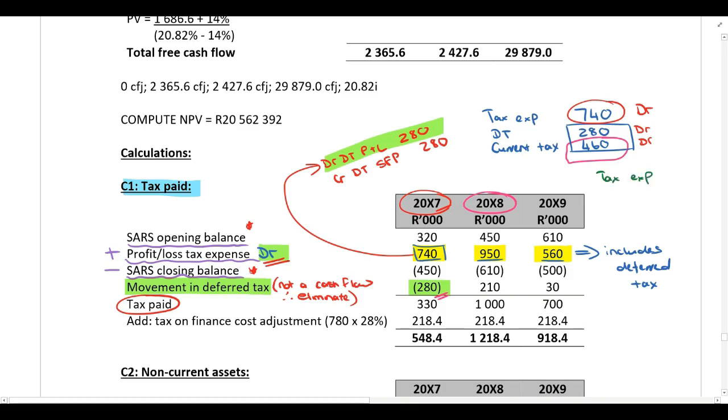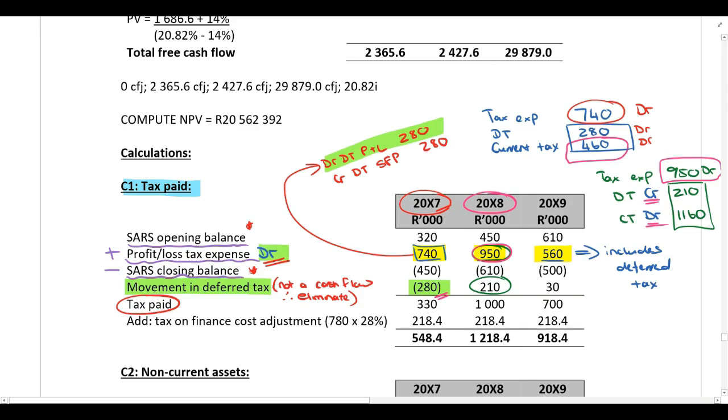The total tax expense is 950,000, and that is a debit balance. And that is made up of deferred tax and current tax. The deferred tax is 210,000. And please note, when we process that journal entry, we credited deferred tax in our statement of profit and loss and other comprehensive income. So that's a credit. My current tax is going to be a debit balance. So this balancing figure over here is 1,160. If I have a debit of 1,160 and a credit of 210, the net effect is a debit of